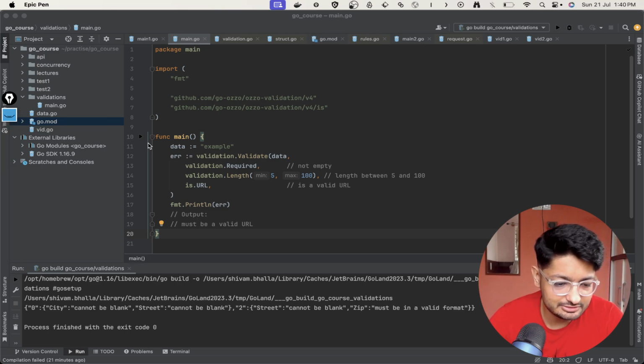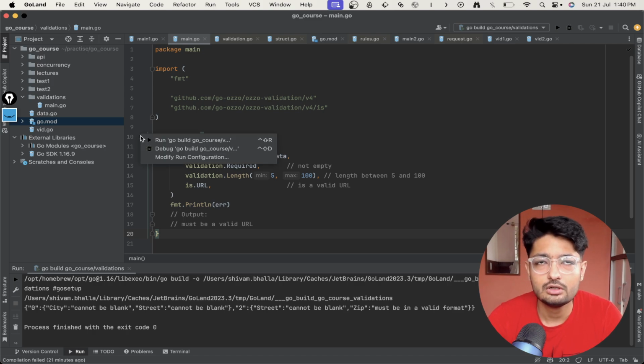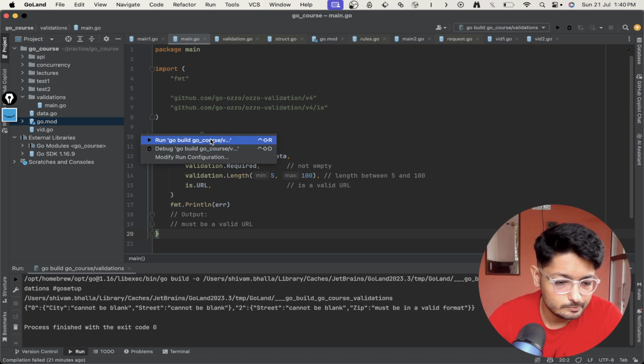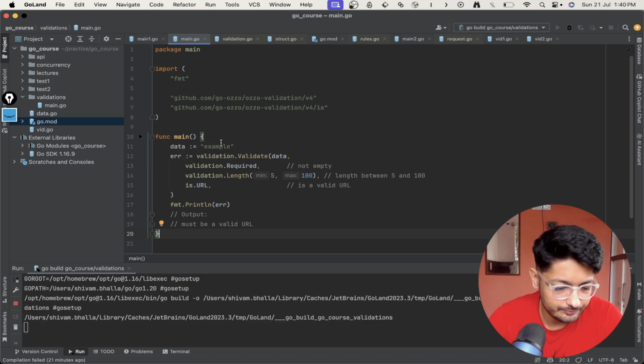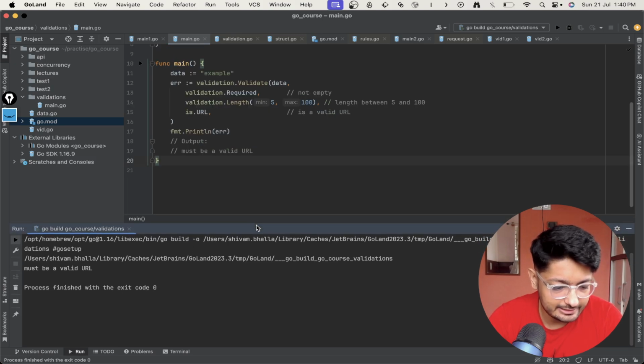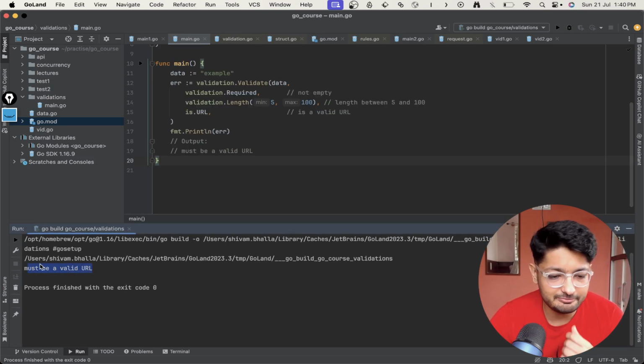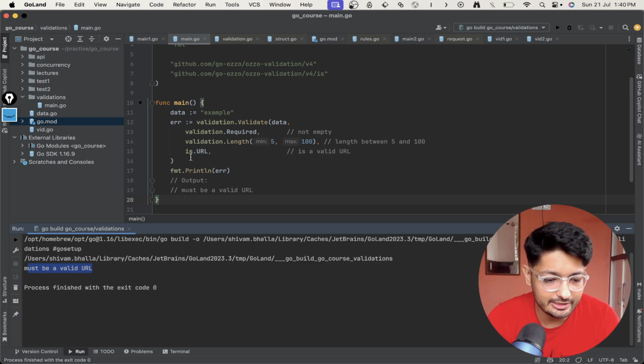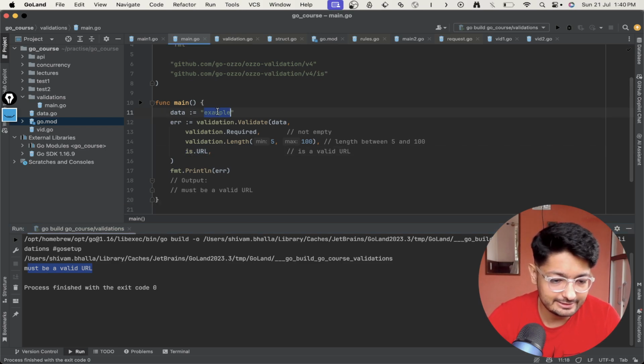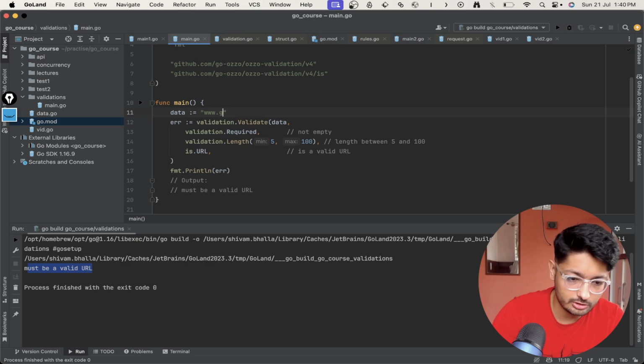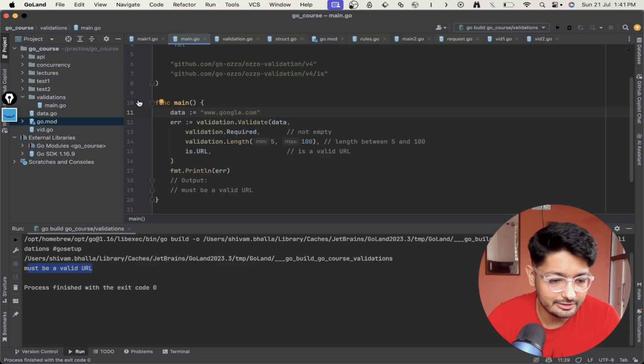What we'll do is just run this, go run main.go. I can actually just run it from here. And what you can see is that it gives you this error that it should be a valid URL, because it's not a valid URL. It is getting an error from here and printing out, it must be a valid URL. Let's say I just put down www.google.com. And now if I run it,